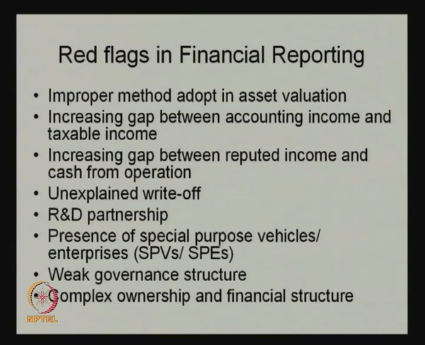There could be a governance structure that may not be proper, maybe the corporate governance or the board of management is not proper, there may not be adequate representation from outsiders, independent members may not be there, and the ownership and finance structure may be very complex. There could be a lot of cross holding, cross chain holding for that matter. You never know exactly who the promoters of this particular company are. So these are all dubious things that could be there.